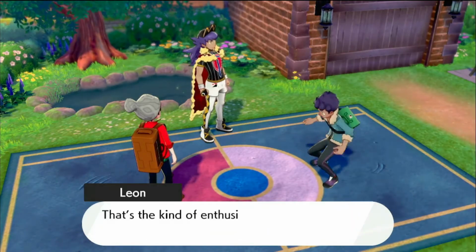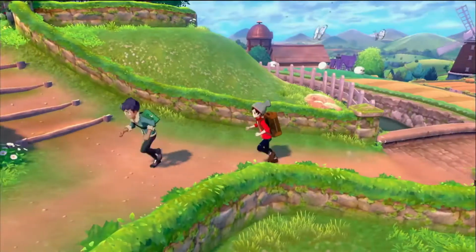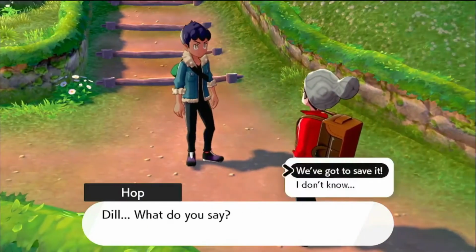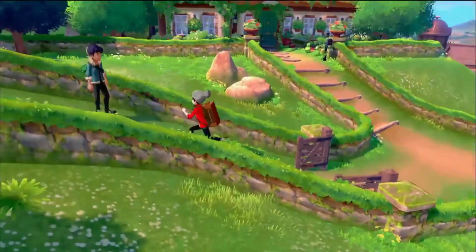But then you get to go on a sweet barbecue and have a way too long talk with Leon about how great you are, and how you're the protagonist still, and how amazing you are, and how he wants you to follow Hop around because he knows that Hop sucks. Here you go, you're going to run all over here because you heard a crash, and you're going to go through this weird